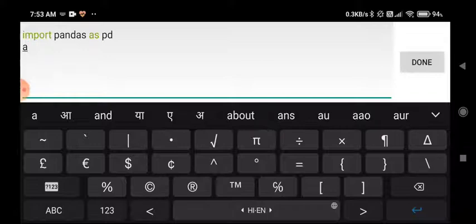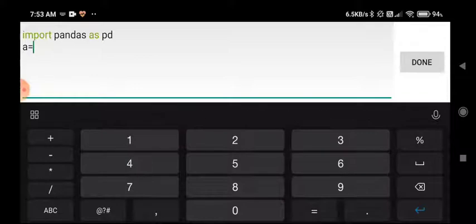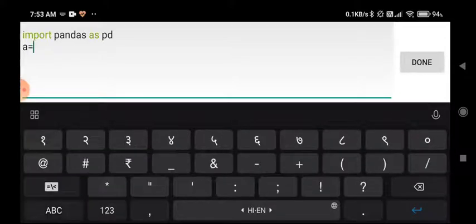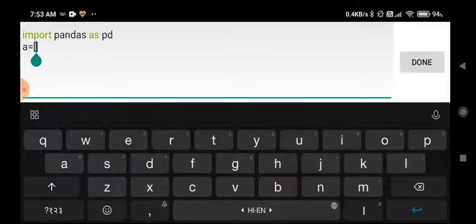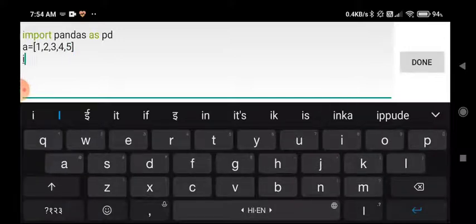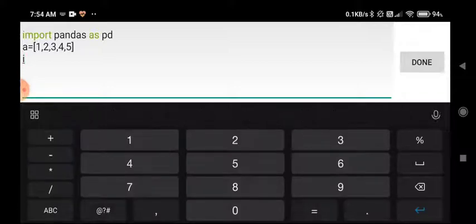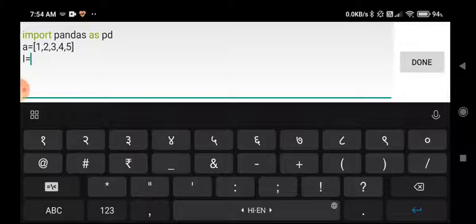See students, we need to take sequence values. For writing sequence values we need square brackets if we want a list of values. Alternatively we can also create an array for that. So I am writing 1, 2, 3, 4, 5, and for indexes I am taking variable I, and the value of I I am going to give is also a sequence.